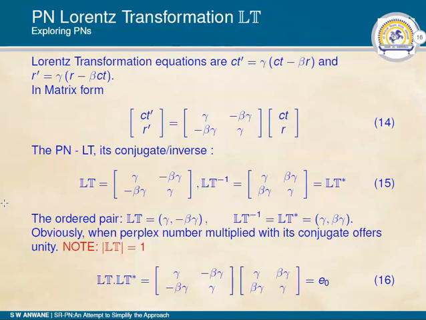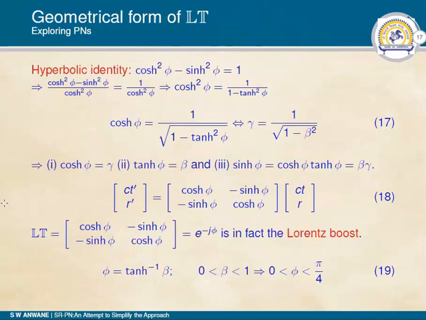So we have the Lorentz transformation magnitude as unity, which on multiplication will not change the value, whereas only the phi angle will cause a variation because the minus sign is appearing in the Lorentz transformation. We are going to change only the angle. That angle is tanh inverse of the y component upon the x component. So it is tanh inverse of minus beta. Now let us look at the geometrical form of the Lorentz transformation.